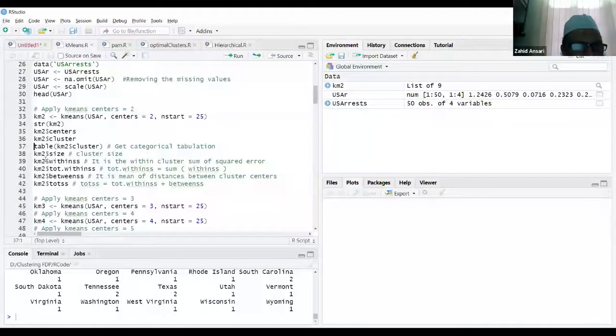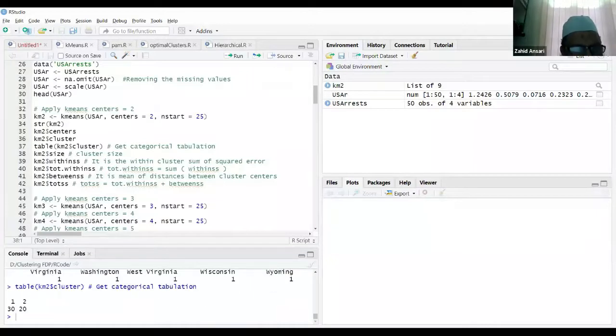Now let's say I want to tabulate it. There is a table command, so it's a categorical tabulation we can get through that. If I run that, it is telling me that 30 states are in cluster 1, and 20 states are in cluster 2.